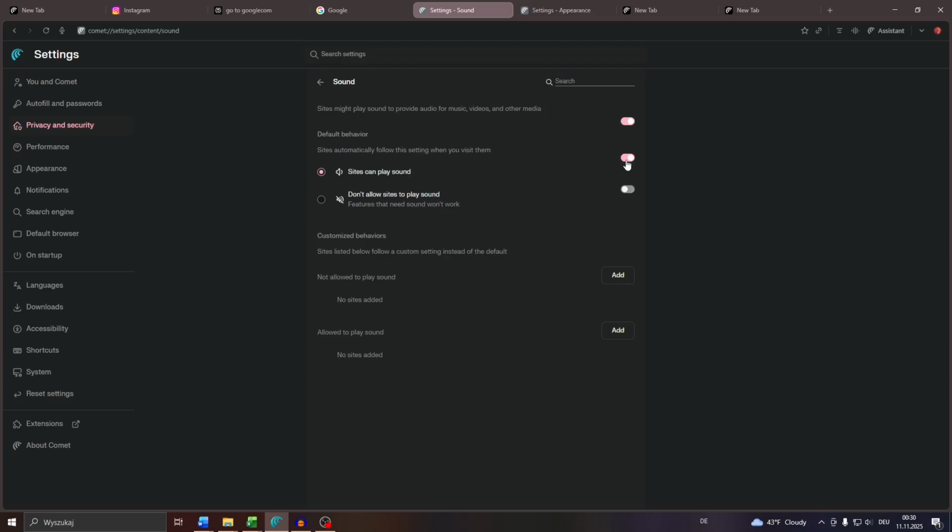If that's not the case, guys, for example, if they have been turned off here to the right, you may re-enable these and also switch from don't allow to allow here. And that's it. And the last option would be, guys, to check these lists here at the bottom with customized behaviors